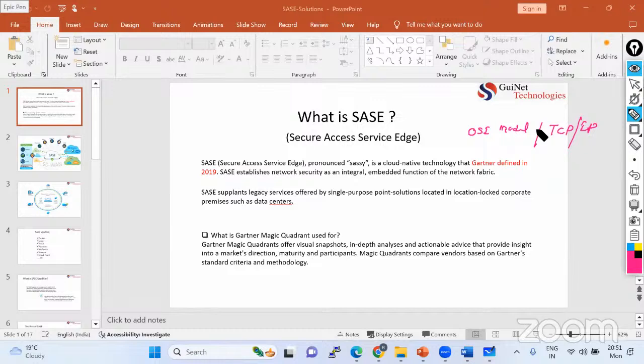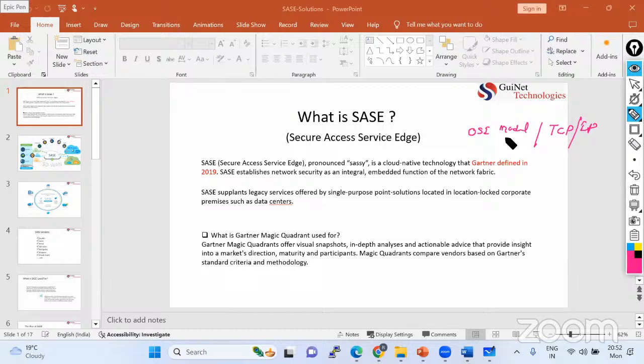ओएसआई मॉडल में जब भी आप बात करते हो तो इट्स जस्ट द रेफरेंस मॉडल। यहाँ पे आप कुछ बनाते नहीं हो, यहाँ पे आप कुछ इसको यूज भी नहीं करते हो कहीं। इट्स जस्ट अ रेफरेंस मॉडल, जहां से आपको वहां पे ब्लूप्रिंट मिलता है कि हाउ माय नेटवर्क इज गोइंग टू वर्क। सो द ब्लूप्रिंट इज रिटन इन द ओएसआई मॉडल, बट एक्चुअल इसका इंप्लीमेंटेशन कहाँ हुआ? दैट इज अ टीसीपी/आईपी मॉडल, जिसको लिवरेज करके पूरा नेटवर्क की दुनिया हमारी चलती है कि भाई ट्रांसमिशन कंट्रोल प्रोटोकॉल विद द आईपी जो हमारा होता है, दैट इज द टीसीपी/आईपी, जिसको यूज करके हम पूरी दुनिया की नेटवर्किंग को कॉन्सेप्ट को हम चलाते हैं। सिमिलर वे में सैसी कोई प्रोडक्ट नहीं है,